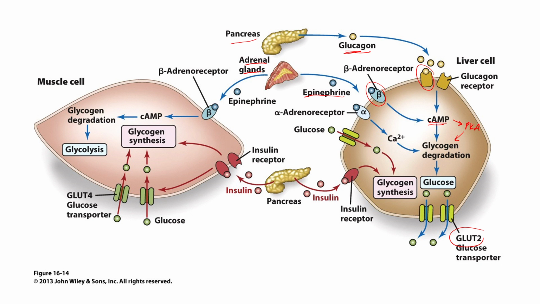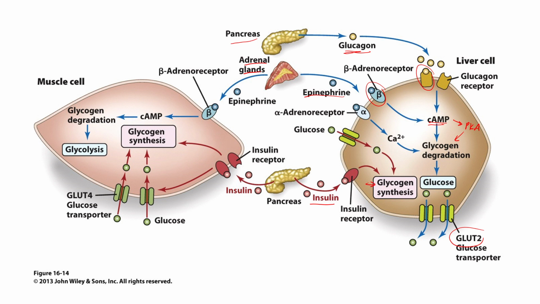And then we have our other hormone, insulin, which is also secreted by the pancreas. And insulin acts on its own specific insulin receptors, both in the liver and in muscle. And so insulin, as we talked about, is released in sort of the opposite circumstance. And the insulin receptor is actually a receptor tyrosine kinase. But ultimately, it's going to tell the cell to perform the opposite function as glucagon did. It's going to activate this receptor tyrosine kinase that's ultimately going to help promote glycogen synthesis